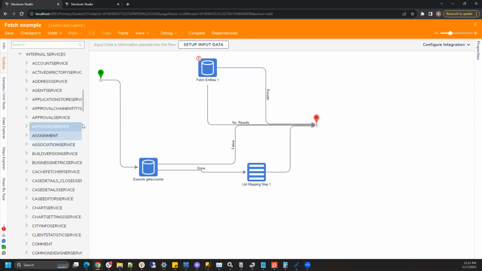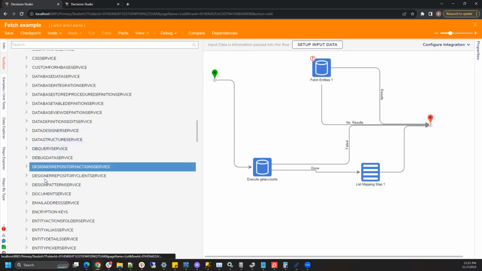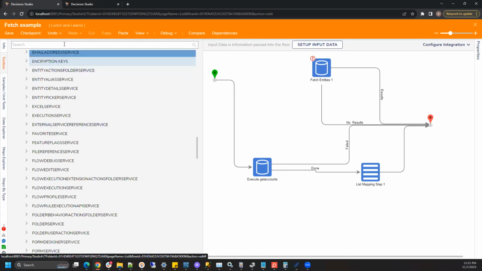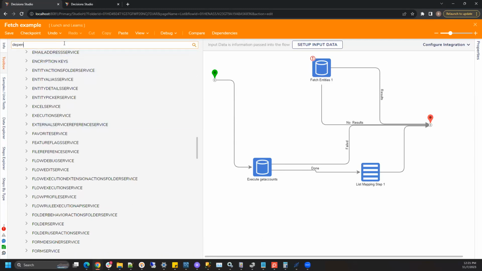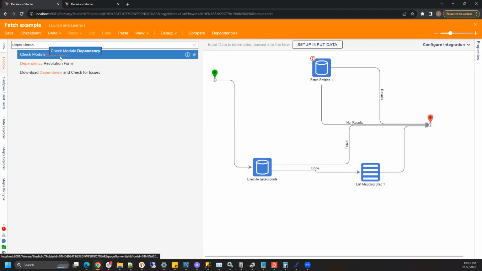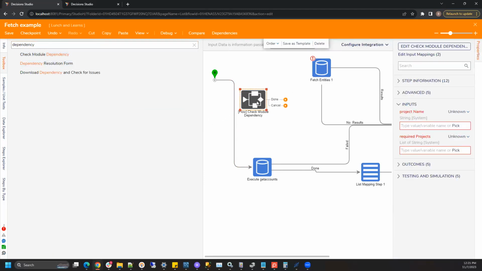Integration, internal, design, document. Do we have any dependency? Dependency resolution, check module dependency. So we can check the dependency